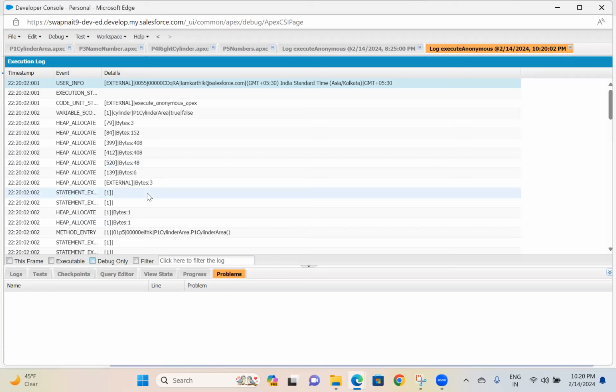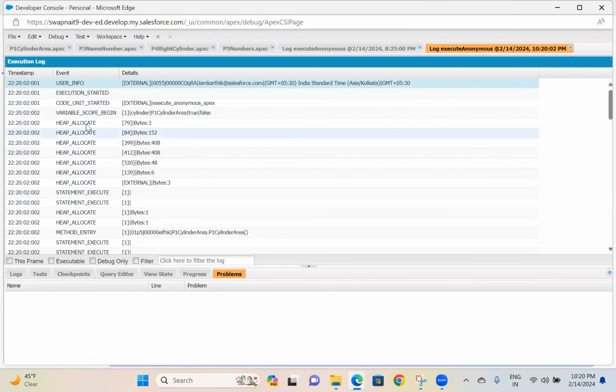Expand the event and explain how the execution is happening. So here the execution has started. Then the class P1 cylinder area: the class execution has begun.